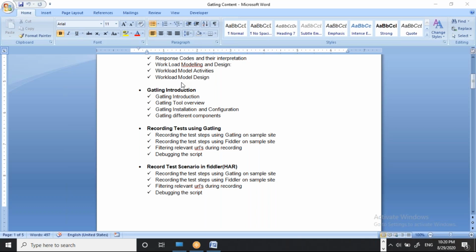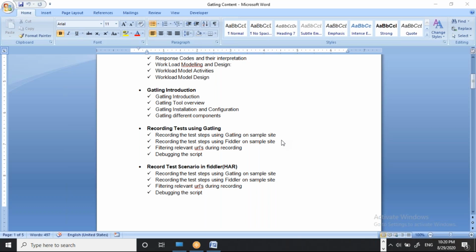Then in Gatling we can convert your script in two ways. If you capture with Gatling, it comes directly in proper Scala format, so that is not a big deal. But scripting with Scala is difficult.